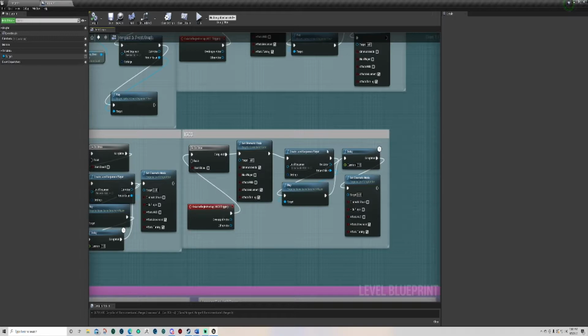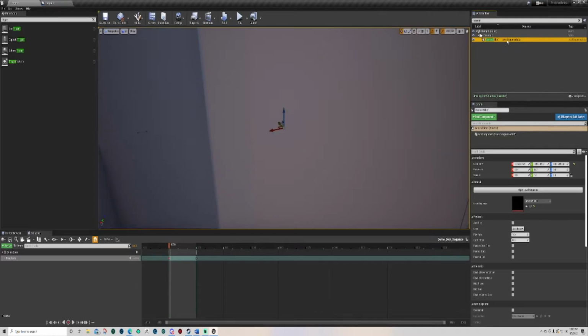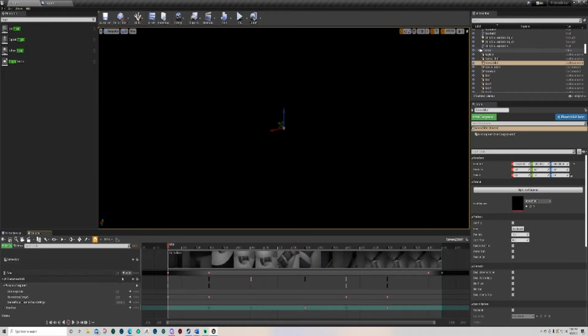So, our sequence player, Camera 2, Shot 1. If I go to Camera 2, Shot 1, it's my sequence actor. If I open up the sequence for this, I'm only really tracking one actor here. You don't have to worry about the fade. That's something I did to embellish a little bit. But